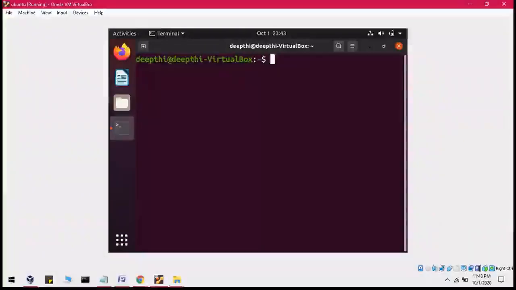Hello everyone. In this lecture, we will create a script to find out whether the number is positive or negative. Now we will be creating our program in Nano Editor. So I write nano and I name the program as POSNEG, means positive negative number. And the extension of this file will be .sh because I am doing shell scripting.